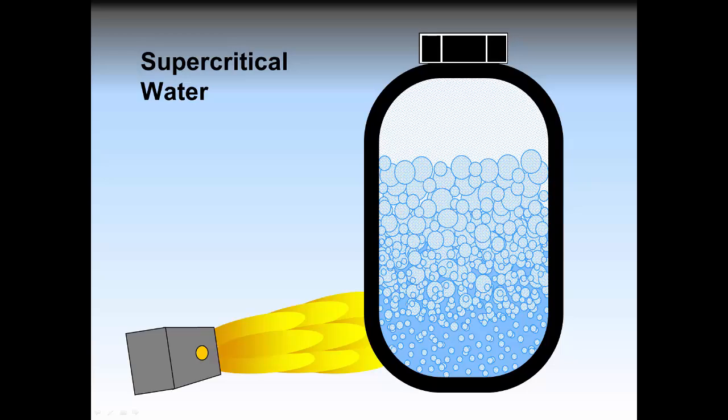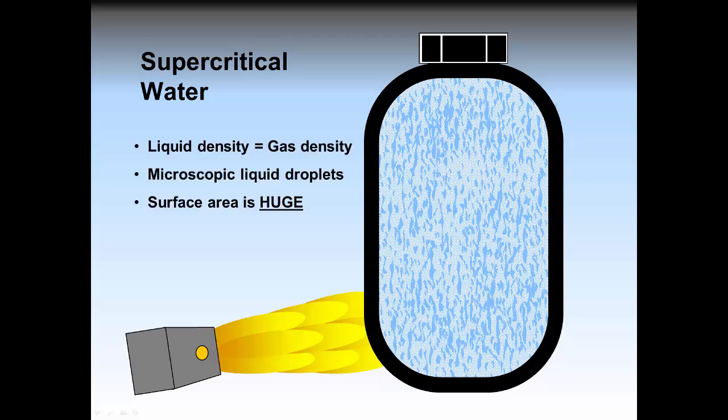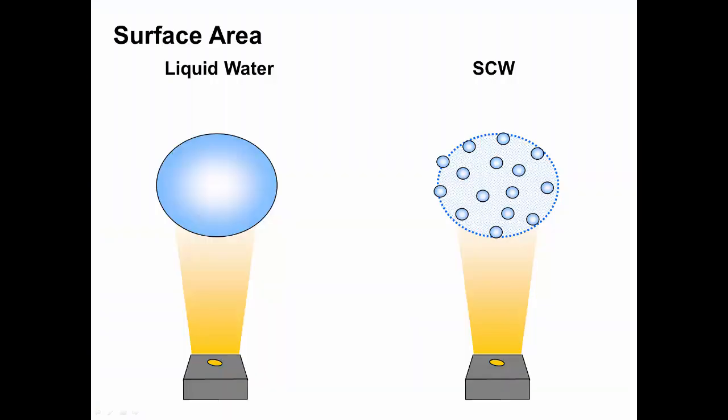Since all mass within the container is trapped, density of the vapor increases while density of the liquid decreases. Eventually, the density of the gas and liquid become equal. Microscopic droplets are suspended in the midst of the dense high-energy gas vapor. The potential energy stored in the water at this state is tremendous. The huge surface area of the droplets allows supercritical water to quickly dissipate added heat by evaporating all at once. Rather than increase in temperature, heated supercritical water, if allowed, will simply expand rapidly, converting heat into kinetic energy.